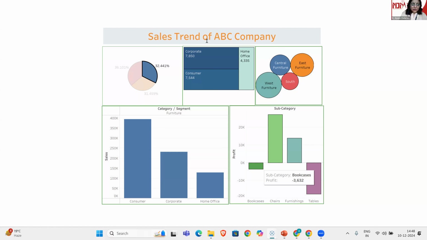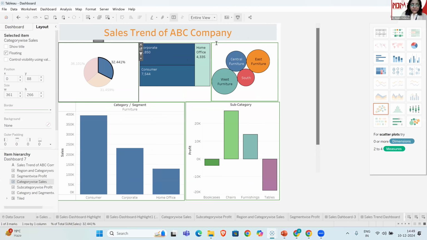Subcategory and reason wise sales. Similarly, you can add a text box. Again, add a new story page. You say order wise, order date wise,